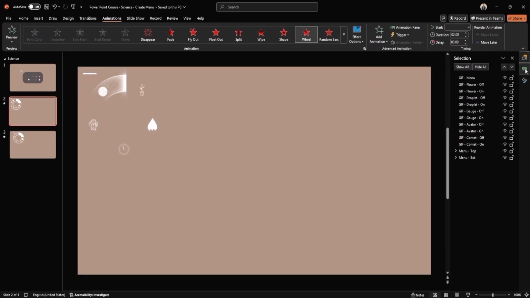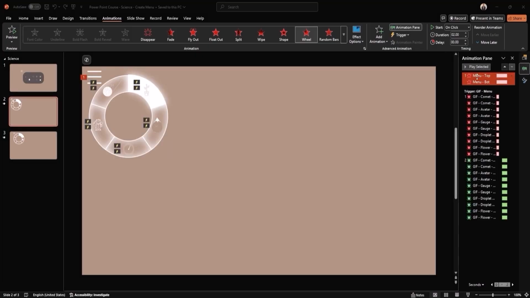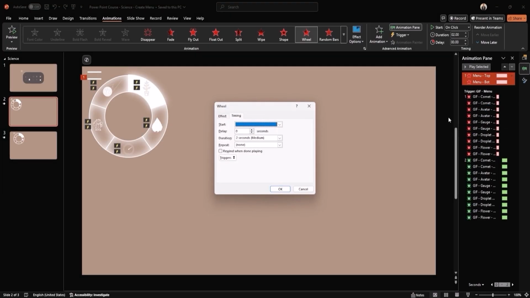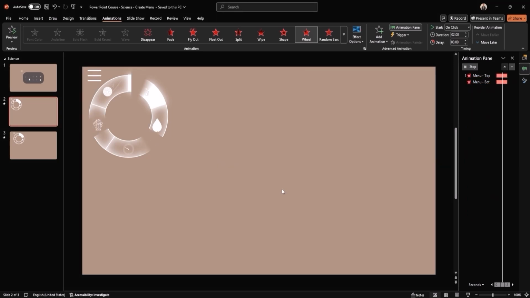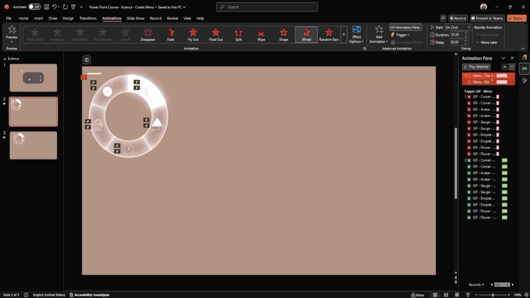After adding the Wheel Exit animation, go to the Animation pane and right-click on the newly created animations. Select Effect Options, and under the Effects tab, find the Spokes setting. Set the spokes to 3 to create a smoother, segmented closing effect. Now, drag both Wheel Exit animations down in the Animation pane so they are placed right above the 10 Fade